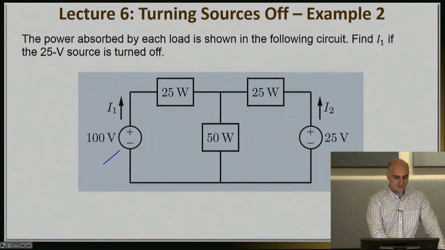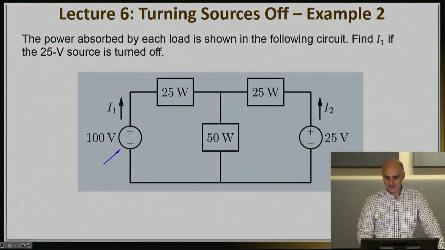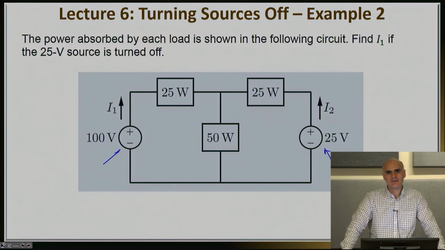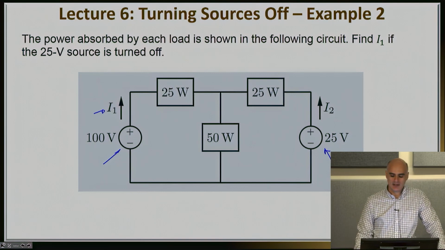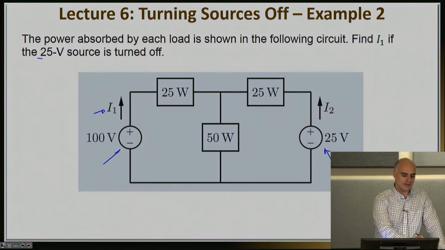There is a 100-volt source to the left. There is a 25-volt source to the right. And there are three different devices, 25 watts, two of them, and a 50-watt load as well. What we would really like to do here is find the value of this current I1 if my 25-volt voltage